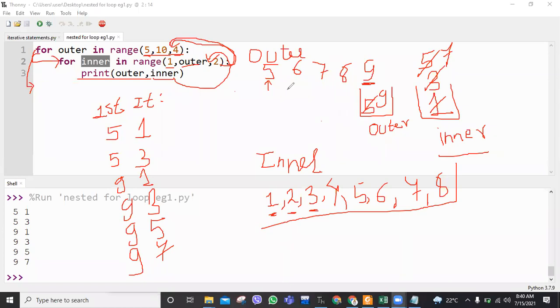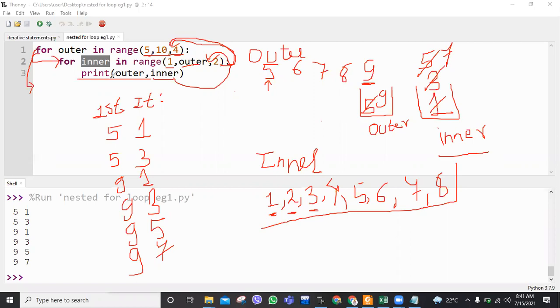So any question? This too you have to understand very, very carefully, okay? Because some of you might get confused during the execution process. So what you have to understand, at first, the outer loop will receive one value, then it gets inside the nested one, or the inner loop. So in the inner loop process, what happens? The whole iteration will be executed completely. Then only it gets out of that loop and checks whether the outer loop is also executed completely or not.